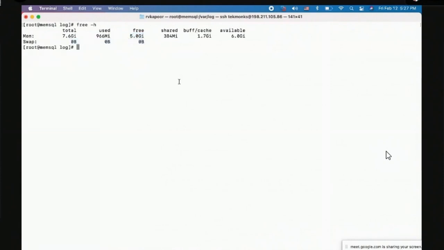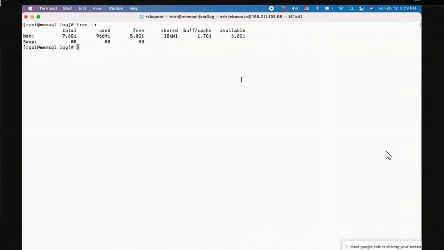If you are a database administrator, if the operating system is starting to use swap heavily, and especially if it's running out of swap, then you have issues, because that means the memory is not enough, and the system has started using the disk space for memory, which is going to be extremely slow, especially for MemSQL. That will kill your queries. And this is a quick way to see if my box is running out of memory or not. -h, again, is human readable format, so that it will put it in gigabytes and megabytes instead of putting it in bytes, which I may or may not understand. So this gives you a quick